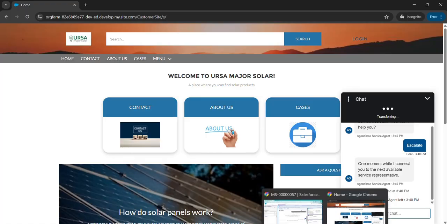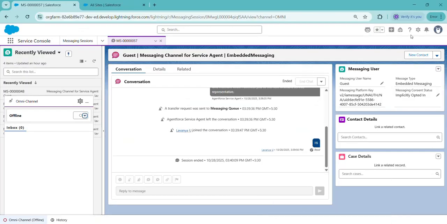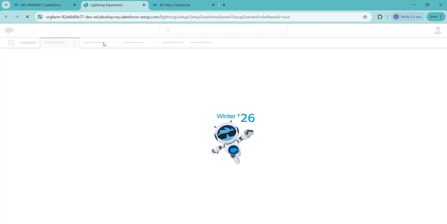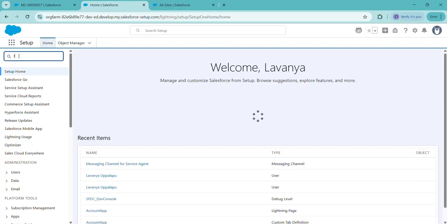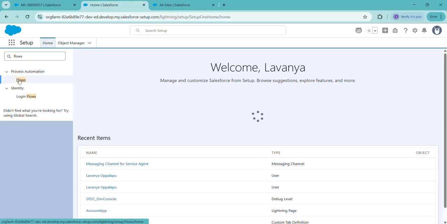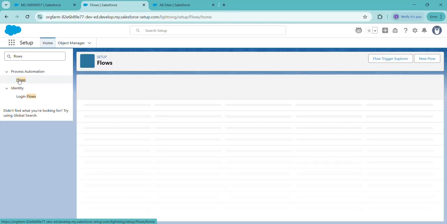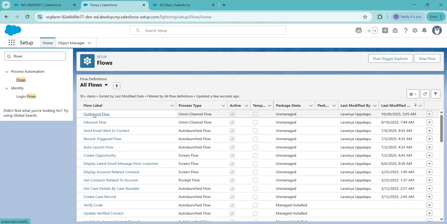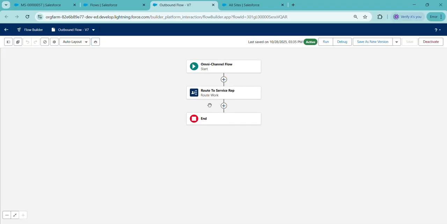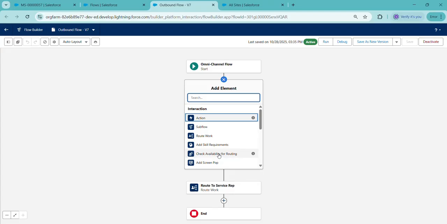To do the configurations, go to Setup. In Quick Find, search for flows. Click on the outbound flow, which was used for the escalation process in the previous session. This is the outbound flow we have created earlier. Now we'll do the modifications here. First, add the Check Availability for Routing element